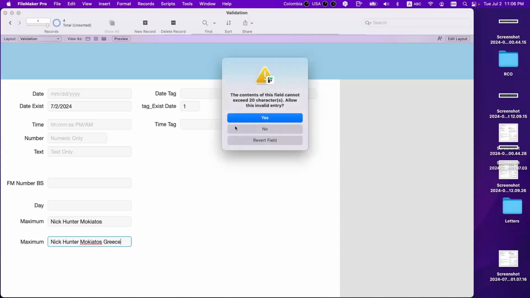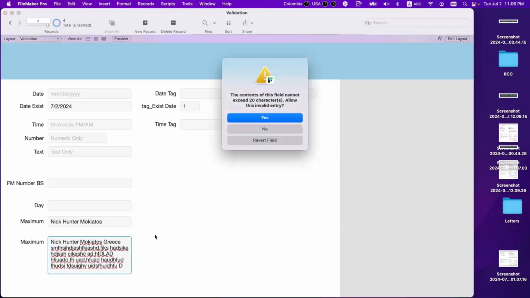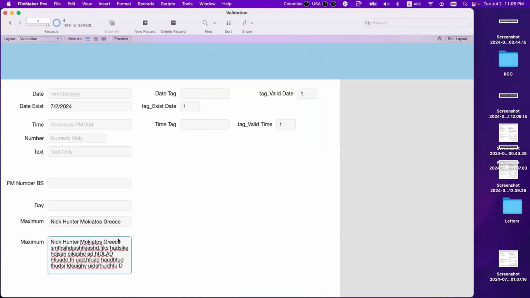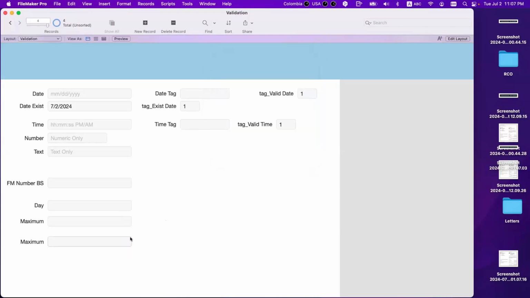It lets me type all the characters I want, and then it tells me, okay, you can do that. So you can say yes and you just go over. You can type everything, and at the end, boom, you have this. But you have no way to know that you cannot make more.